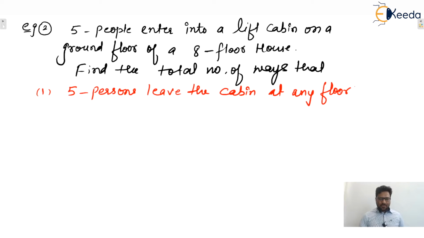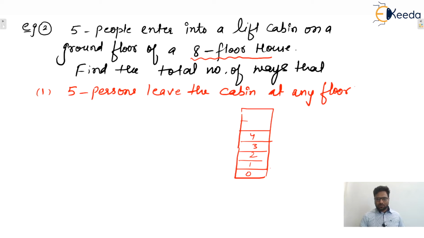Next one. Yes, an 8-floor house is given to you. So in the house, how many floors are there? Yes, 8 in total. That means 0 to 7 floors will be there. 0 means ground floor, isn't it? So the count value will be 8 only. Ground floor, first floor, second, third, fourth, fifth, sixth and seventh. Yes or no? An 8-floor house means there are a total of 8 floors. So floors will start from ground, and 0 to 7, count value is 8. Yes or no?